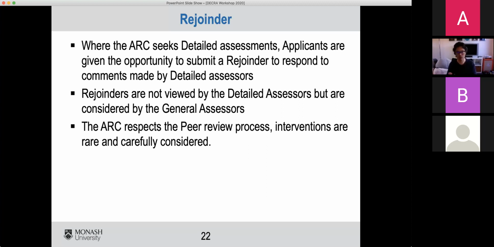So you do have a very small window after the assessments come out, bearing in mind you've got 2 whole weeks, you've got only 2 weeks for the rejoinder. You have a much shorter period in which to get a biased review or an inappropriate review thrown out. So you need to act very quickly on that. But by and large, you're stuck with the assessments you get unless there's a really obvious case of bias.